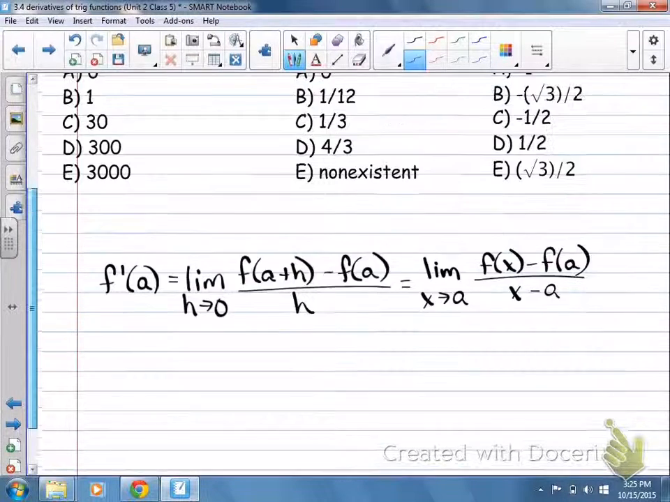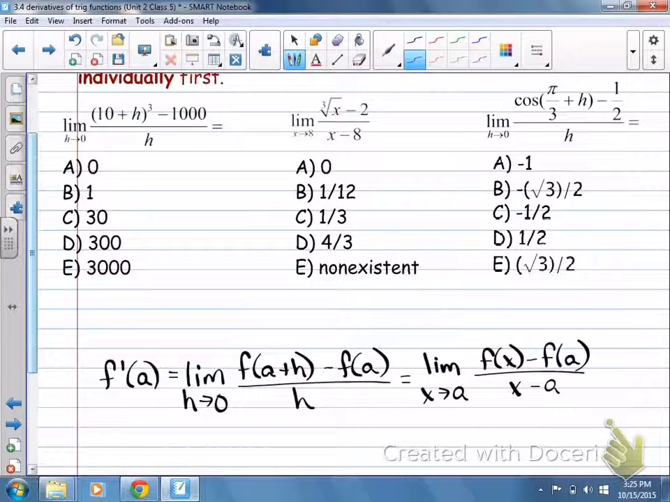So these limits, even though they're saying evaluate the limit, what it's really saying is use your understanding that this is the definition of the derivative and find the derivative. So the first thing you need to do is find what f of x is and what a is. So for this function,